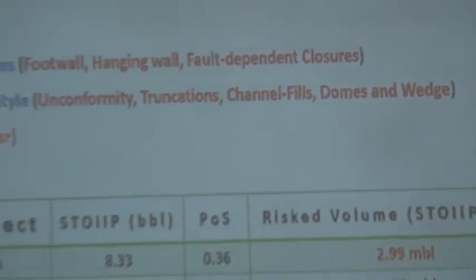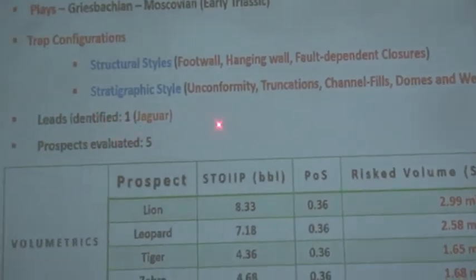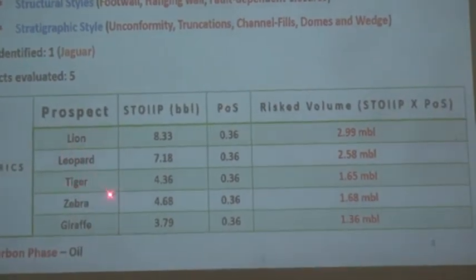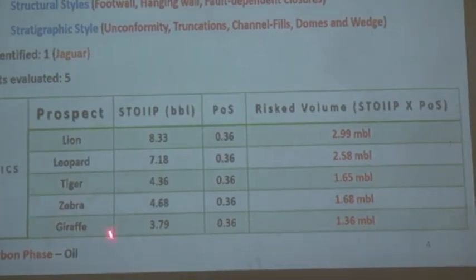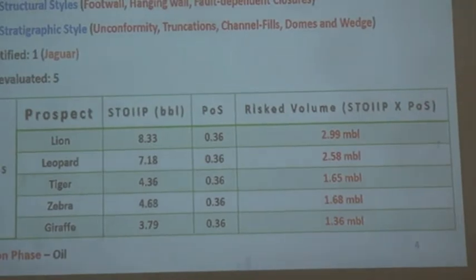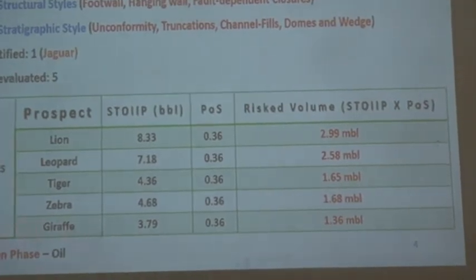We are able to identify one lead, which we named the Jaguar lead, and 5 prospects: the lion, the leopard, the tiger, the zebra, and the giraffe. Going ahead to use the probability of success to calculate the STOIIP. Hydrocarbon phase encountered is